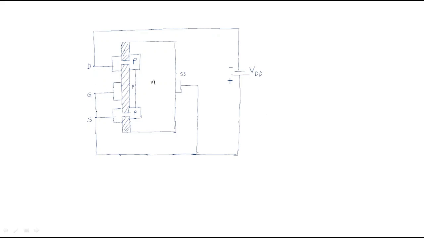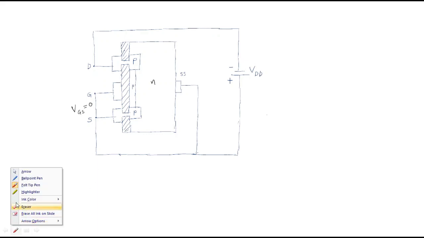The first case: if the gate and source are short circuited, so the voltage is zero, what happens? We have to discuss. Whenever there is no voltage between the gate and source,